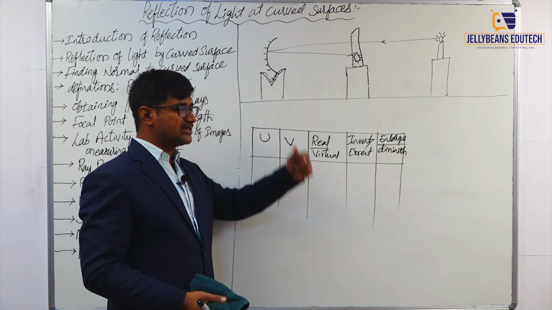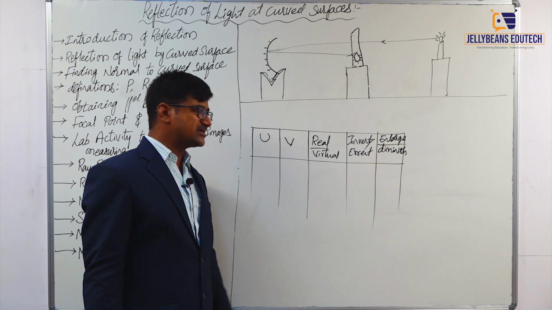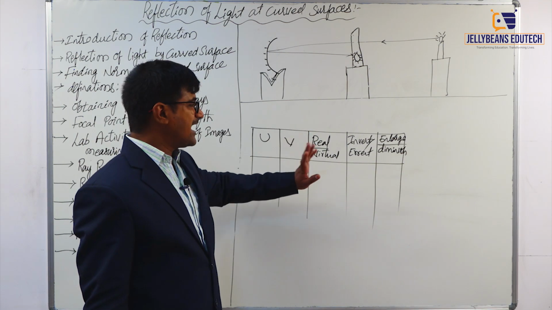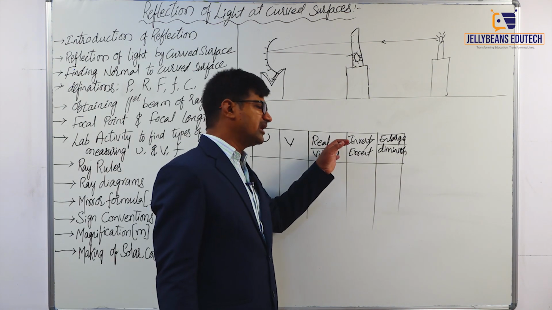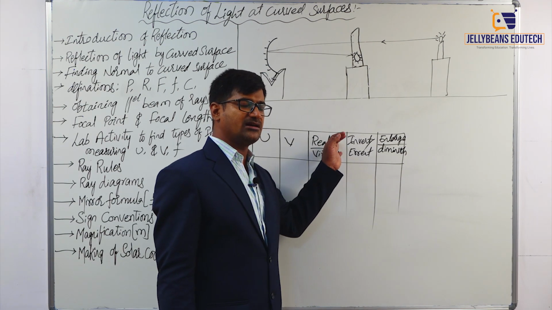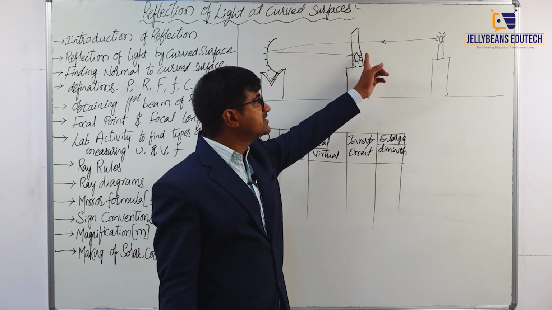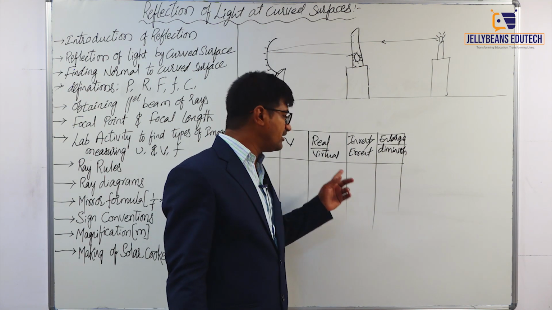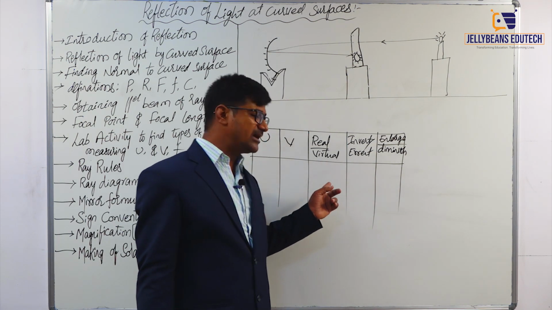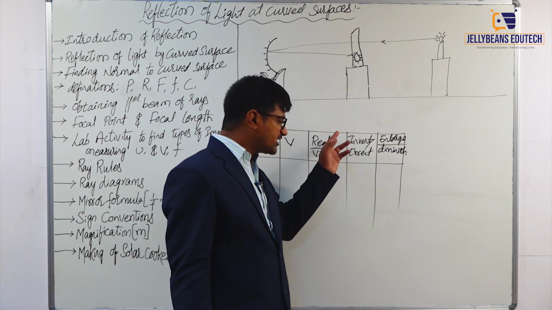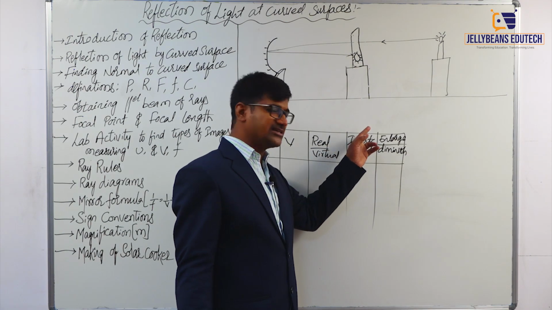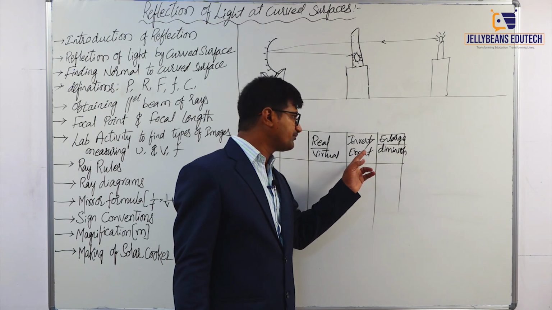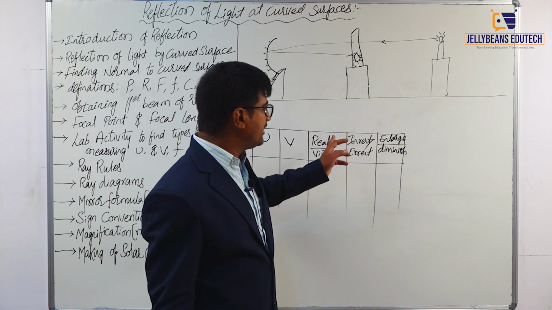So here U is object distance, V is image distance. When the object is placed at different positions, we obtain images different in nature, that is real or virtual. When the image is captured on the screen, we consider that image as real. If we are unable to capture the image on the screen, then we consider that image nature as virtual. When the image is real, it will be inverted. If it is not obtained on the screen, that means that image is erect, and either it may be real or virtual.